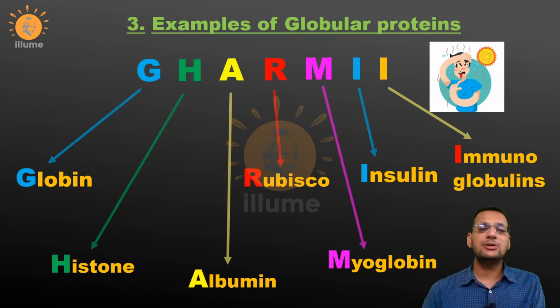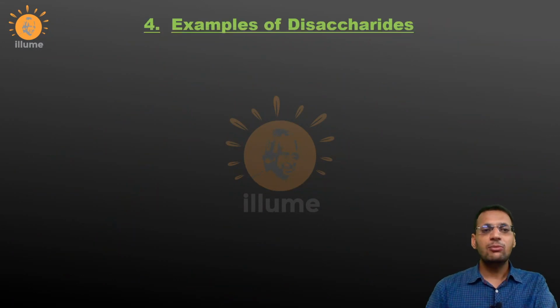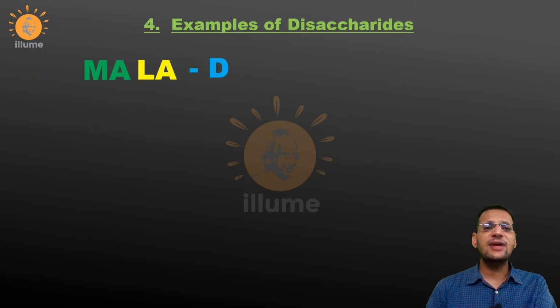All of them are examples of globular proteins and is a very important concept this one is. So you just need to remember all the examples of globular proteins. Moving ahead with the next mnemonic, this mnemonic would help us to remember the examples of disaccharides. Now disaccharides, to remember the examples of disaccharides, we are moving to some oral contraceptive drugs. There is an oral contraceptive drugs, as we all know, and we have studied it in our reproduction chapter, Mala